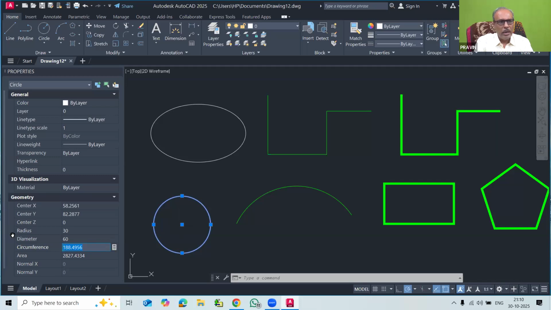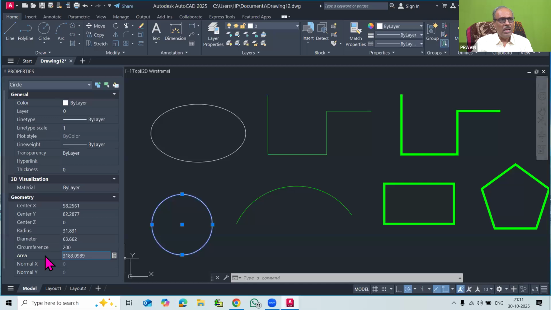That you can also modify from the properties panel. So यहाँ पे मैं circumference को 200 टाइप करके I will press enter. You can see that the radius and diameter were automatically calculated and the circumference was adjusted to 200. So this is the important thing in the properties dialog box for a circle.